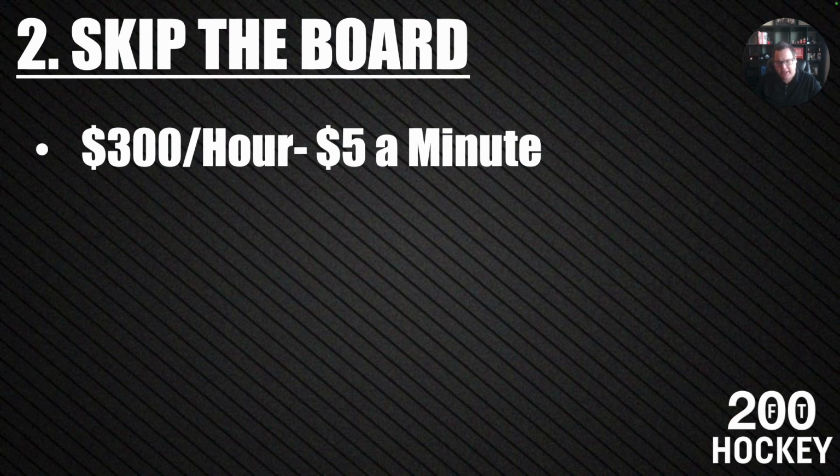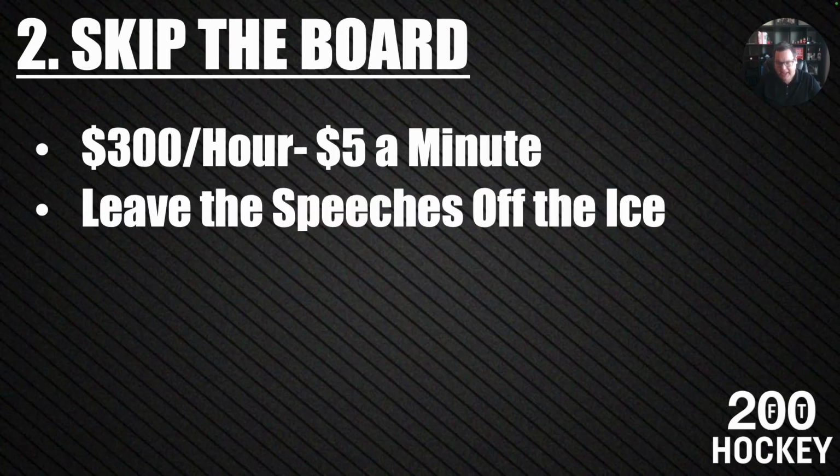The next key to keeping your players moving during the ice time is by skipping the board. In general, ice time costs $300 an hour. At $300 an hour, that means ice time costs over $5 a minute of ice. So if you leave your speeches off the ice and leave a lot of your teaching off the ice, you can make up $5 a minute rapidly over the course of a